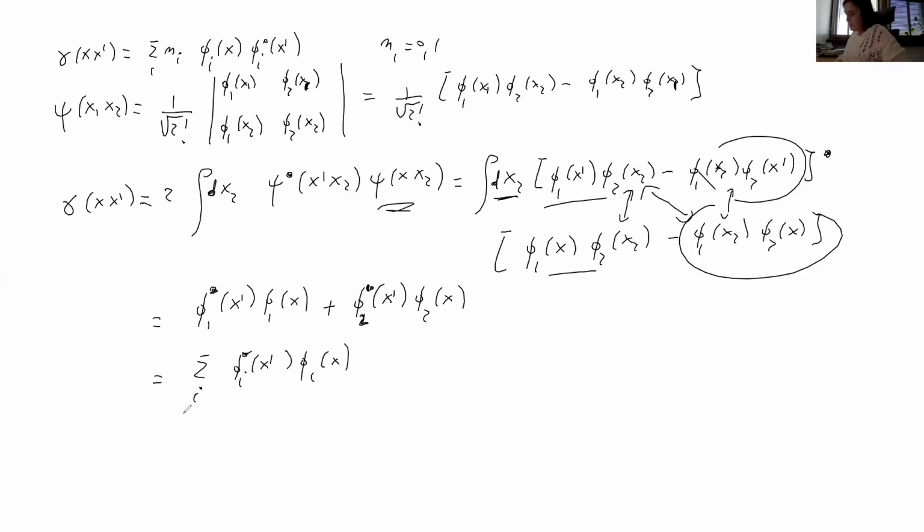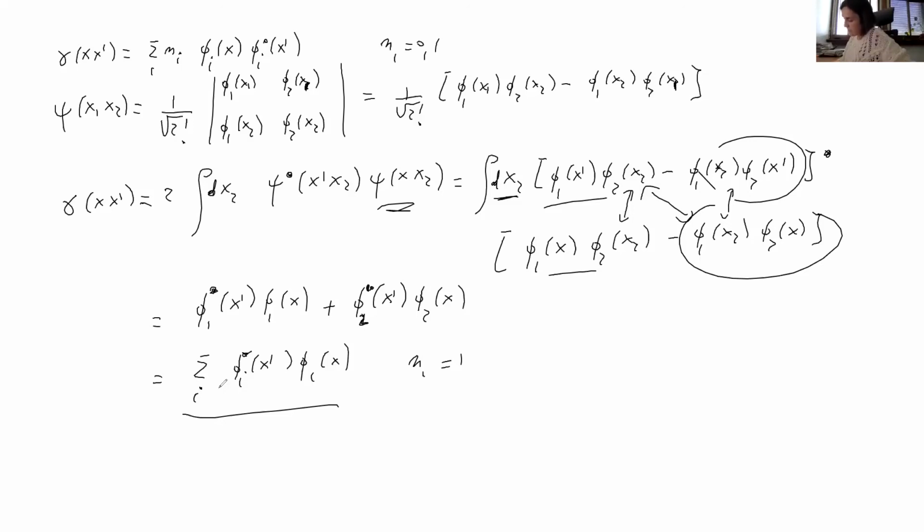And you see, this is just the spectral representation of my gamma, in which now the occupation numbers are 1 when they enter here, and are 0 when they are not occupied. They have to sum to n, the total number of